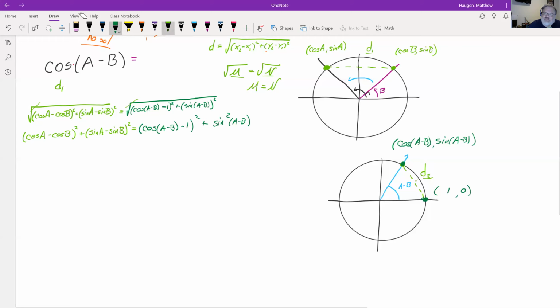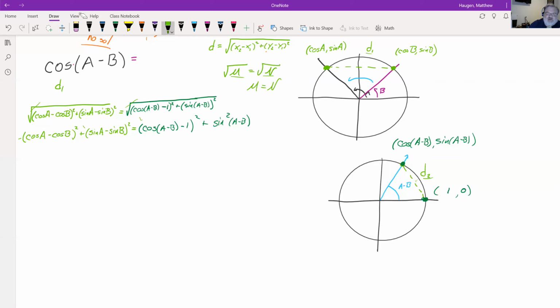Now, many of you are probably thinking, gosh, I hope we don't have to FOIL this out. But we certainly know that this cosine a minus cosine b quantity squared is not the cosine squared of a minus the cosine squared of b. The whole point of this is linearity doesn't happen. So we can't just square those pieces. We do need to FOIL this out, and this out, and we even need to FOIL that out. So this next line is a lot,